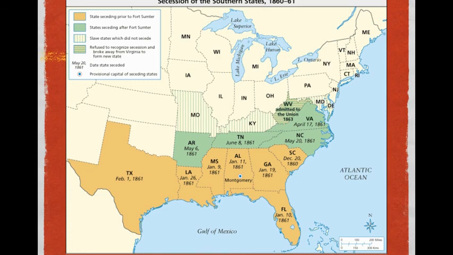And then you have some of these states that are striped. Those are states that are slave states, but temporarily, at least for now, they're remaining loyal to the Union. So this is the background for the war. War has now happened. We have Southern soldiers firing at Northern soldiers, and now it is up to Lincoln to figure out how to put an end to this and to stop it.